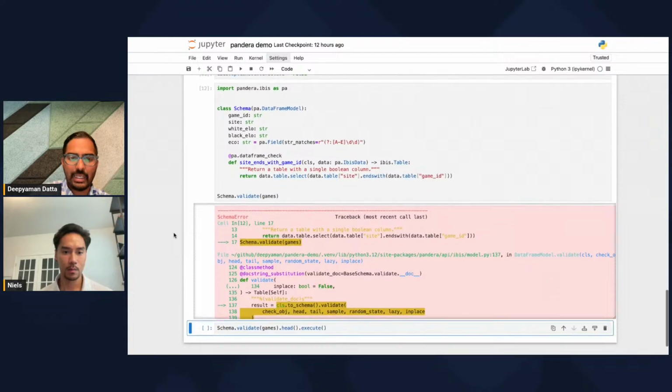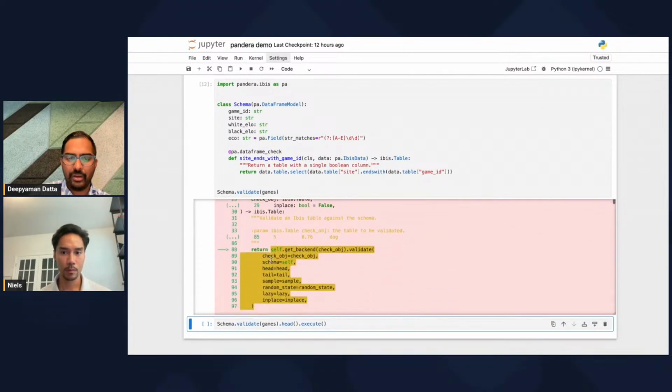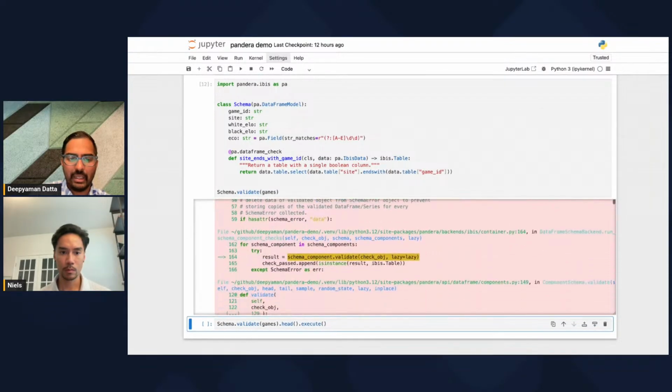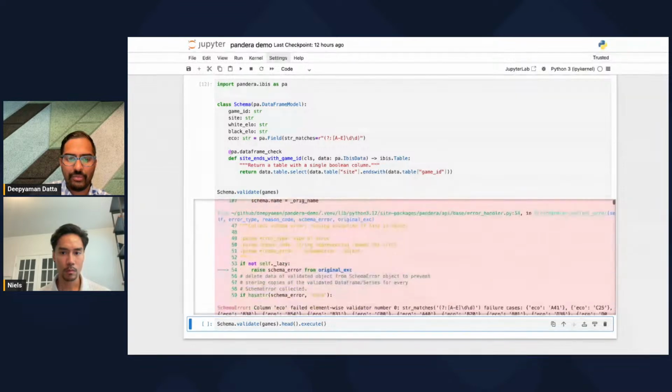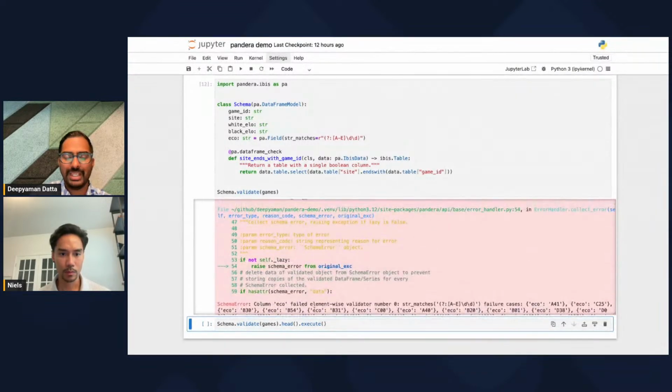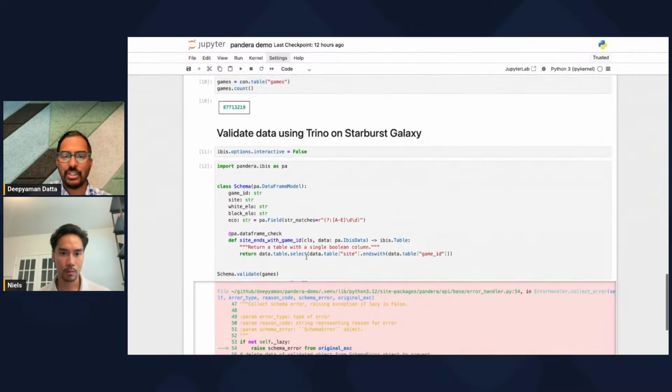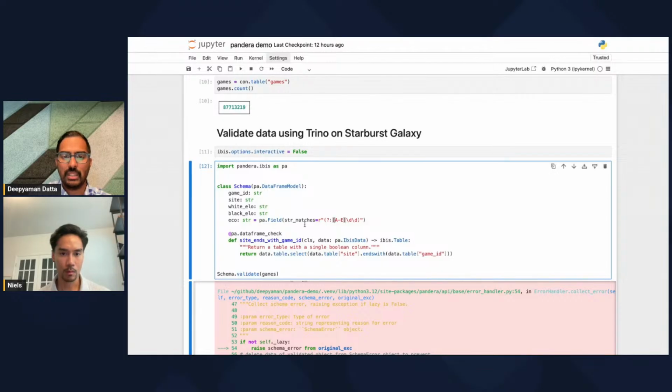And actually, we ended up getting an error, and we see that column equal failed, that it's not matching this regular expression.